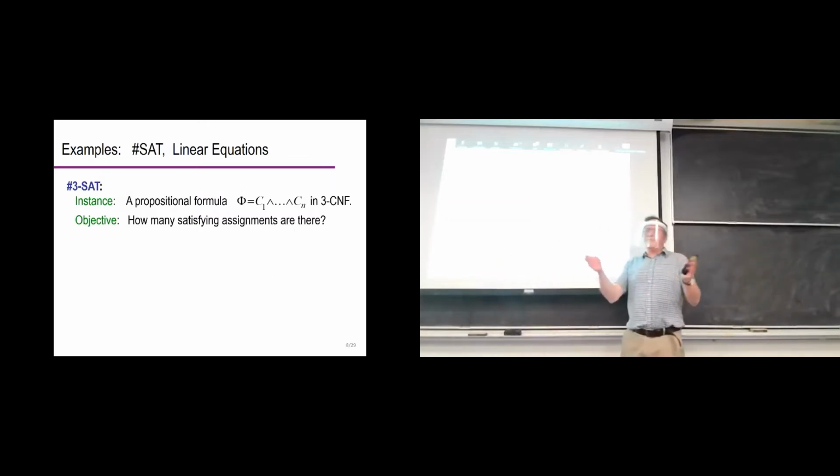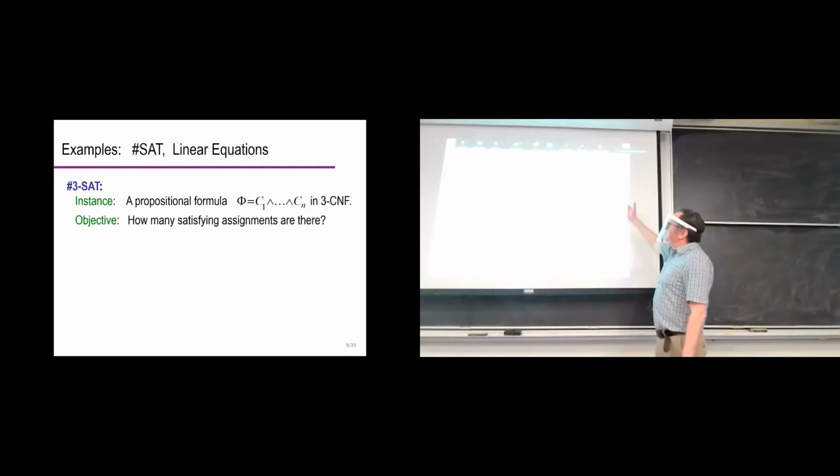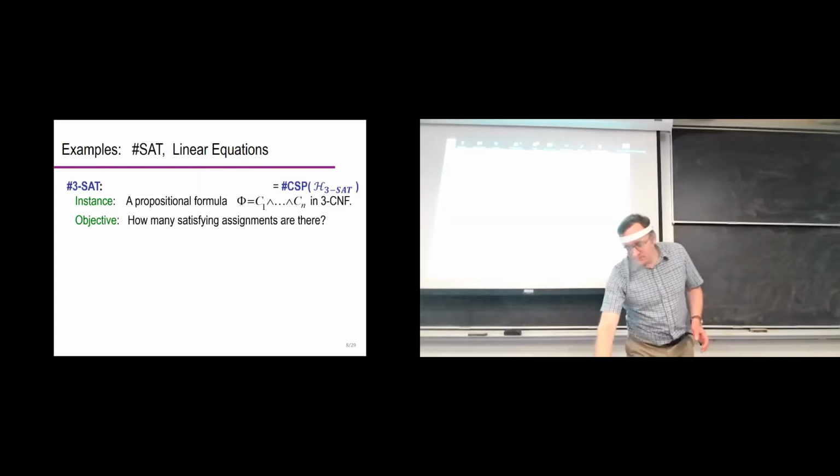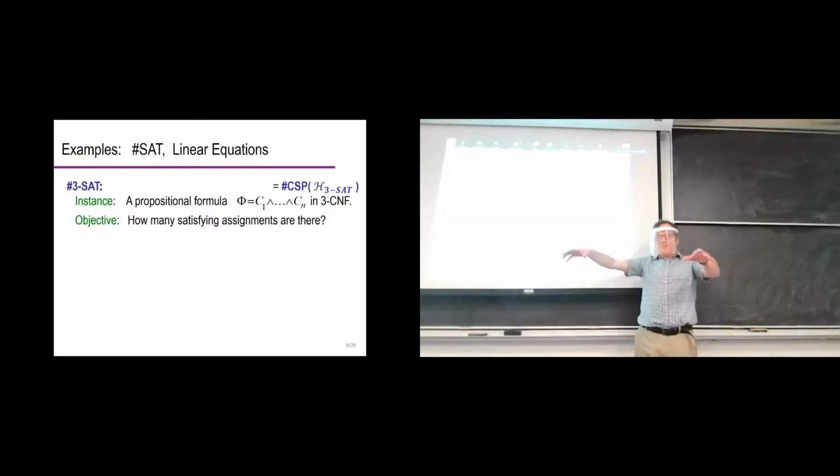Well, if I want to restrict myself a little bit, if I don't want to allow very long clauses, then I say, okay, let's count this 3 sets, right? Only clauses of size 3. In this case, what I get is exactly the CSP of this nice small relational structure H 3 sets. And so what do I have? I have these relations expressible like clauses, right? And I need to find an assignment that makes all clauses satisfied. Right? That's exactly the